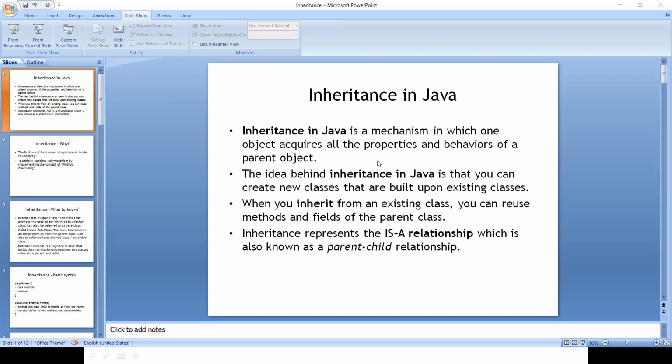So why has this idea of inheritance come into the picture? It is because when we write code, people who have experience in writing code know that there are certain functionalities or scenarios or situations wherein we have to rewrite the same code that we already wrote in a particular class.